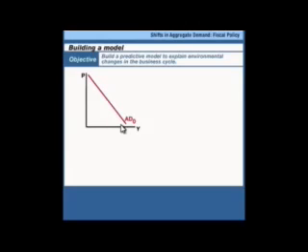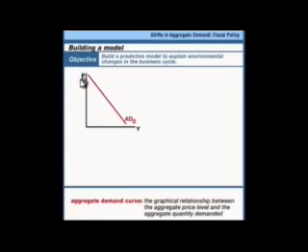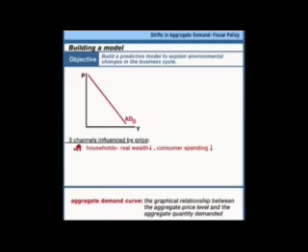And the aggregate price level influences total spending through three channels. First of all, rising prices shrink the real wealth of consumers and lead them to purchase less. Next, rising prices increase the demand for money, pushing up interest rates and leading businesses to spend less. And finally, rising prices cause our goods in our economy to be uncompetitive so that foreigners buy goods from other